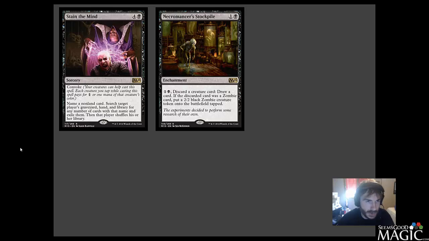Okay, next we've got black rares. So we have Stain the Mind and Necromancer's Stockpile. Let's start with Stain the Mind. This is a 5 mana sorcery with Convoke. Name a non-land card. Search target player's graveyard, hand, and library for any number of the cards with that name and exile them. Then that player shuffles his or her library. So it's the